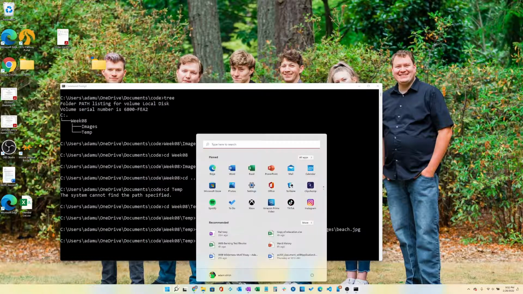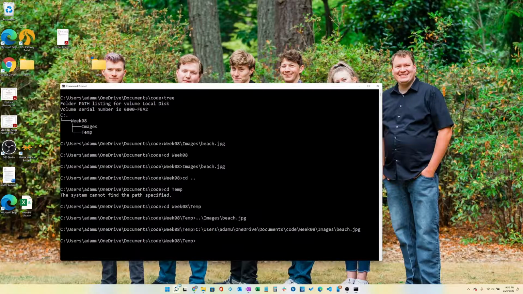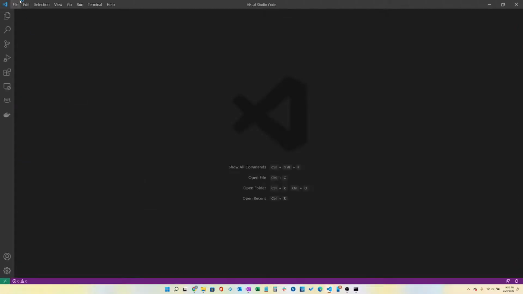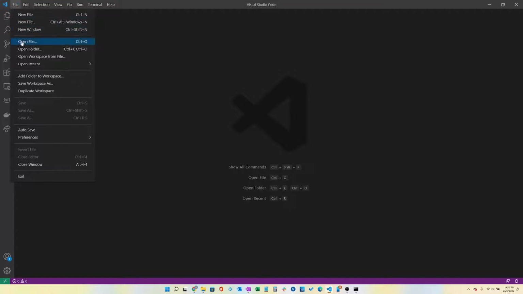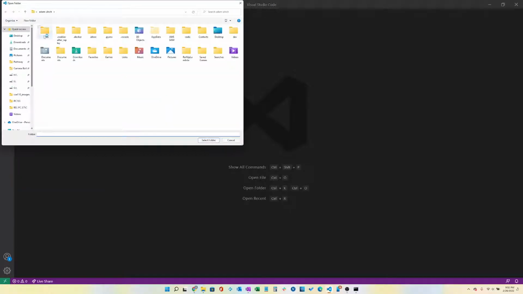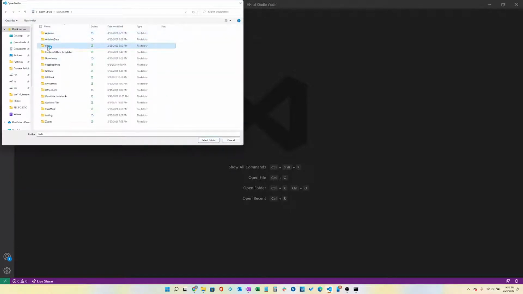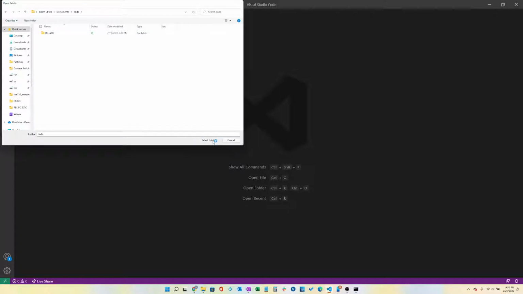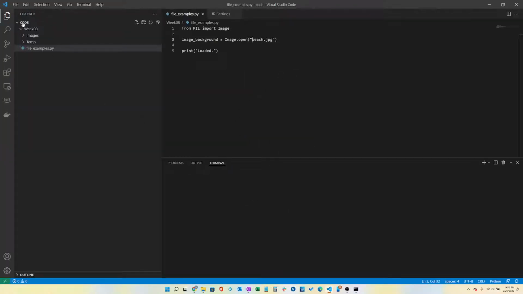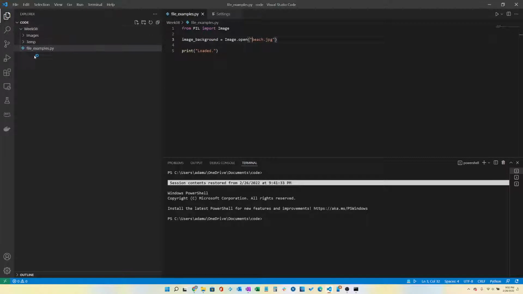So now if we start VS Code, and let's open a folder. We're going to open that code folder. Okay, and boom, you see we're at code. There's week 08. There's our code right here, file examples, and there's all of our images in this images folder underneath of it. So if I say image.open beach,